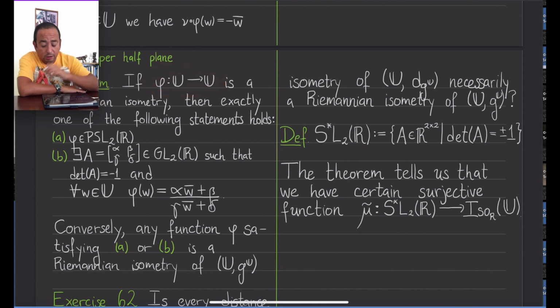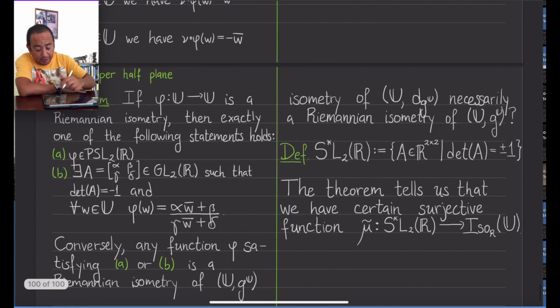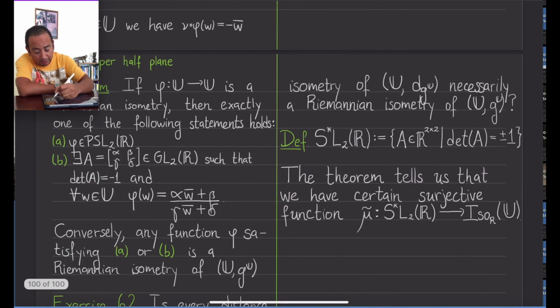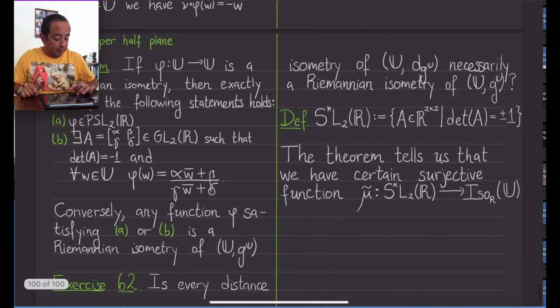that we put on the upper half plane, then I'm in exactly one of two situations. Either my isometry was already a Mobius transformation preserving U bijectively, or there is a matrix of determinant -1 with real entries, with the property that the correspondence rule of phi is given by this. You see, I'm already incorporating the minus signs that make this have determinant -1 into the numbers. So in other words, this A is not this A; I'm rearranging the role of the variables. Anyway,